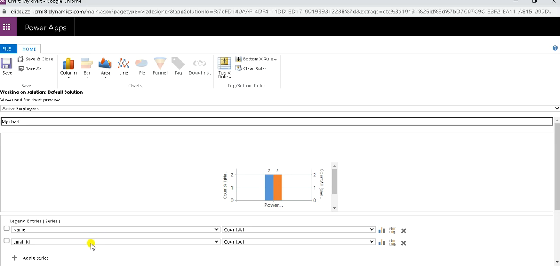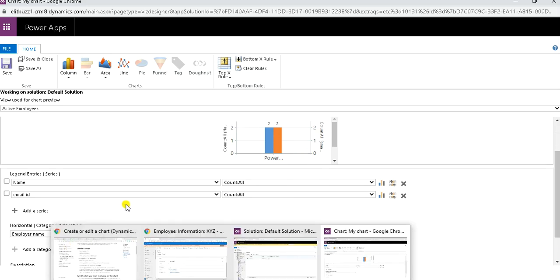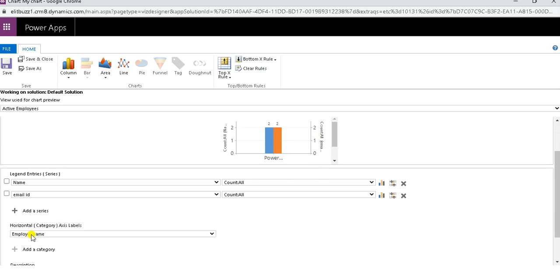I have selected name and email ID as the fields, and it is showing me options like count all and count non-empty. I am selecting count all for now, and in the horizontal axis it will show the employer name for these two records available in the employee entity.